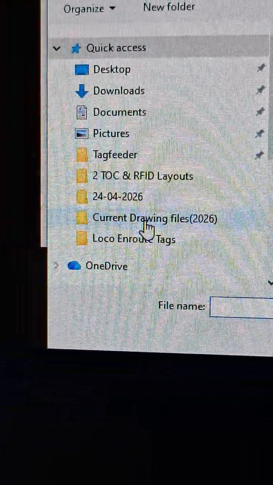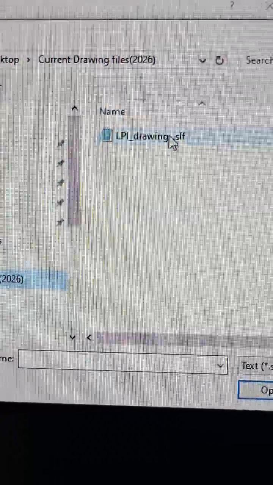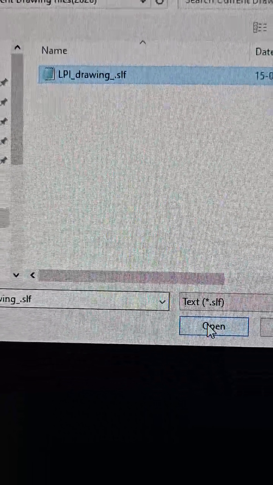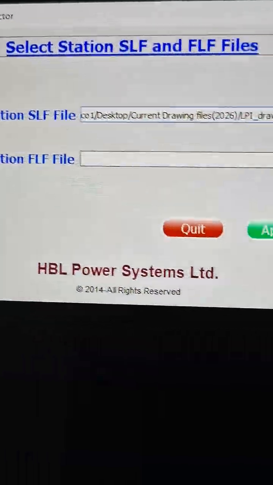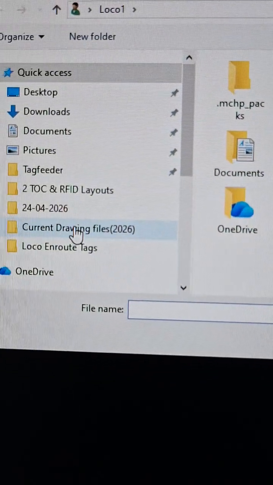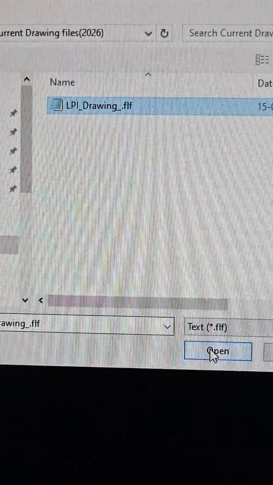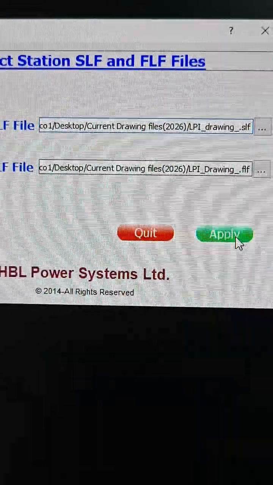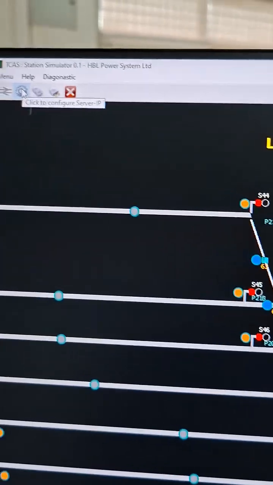Here is the current drawing files folder, this SLF file is to be selected, again the FLF file, open, apply, then go for setting,